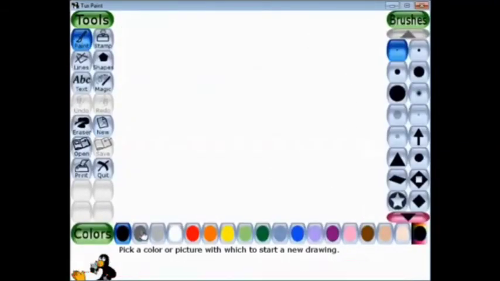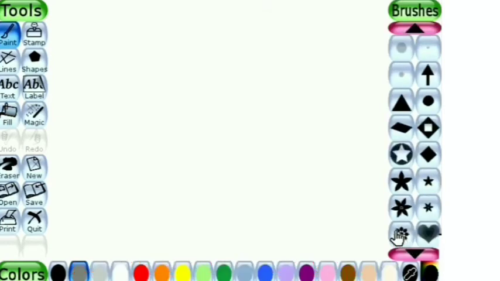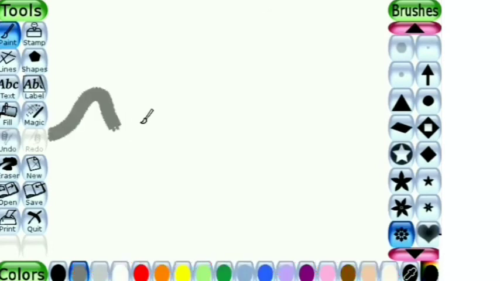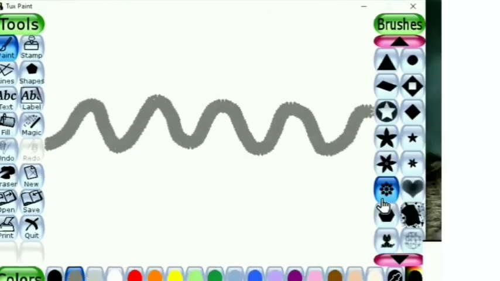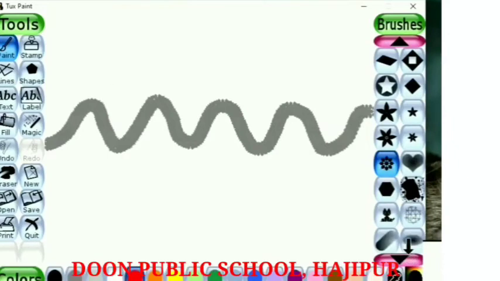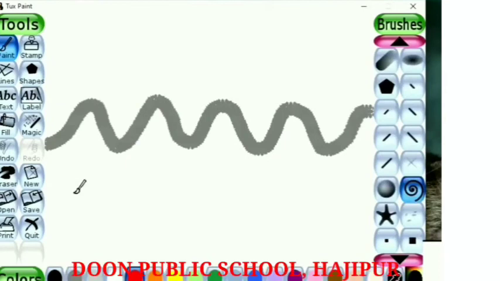Now we have the drawing sheet here, our new drawing. Let's click on the Paint button and see. Here we have so many patterns using which we can paint this sheet. So let's take this pattern. When we use the paint tool, you can see the color we have chosen is grey, so a grey color pattern is being drawn. Suppose I take the red color and I take this pattern. Then using this pattern we can draw using the mouse.